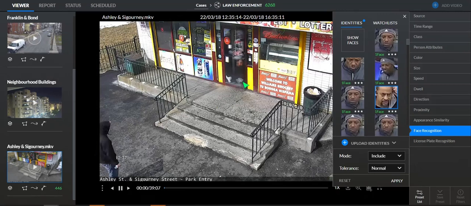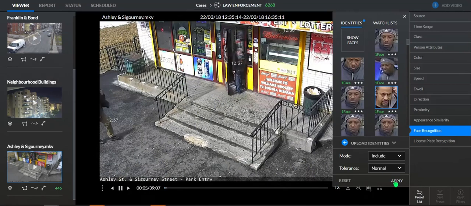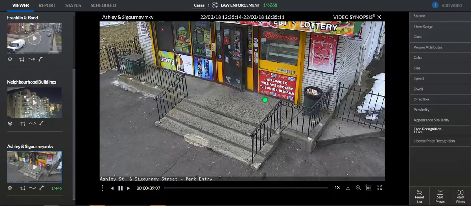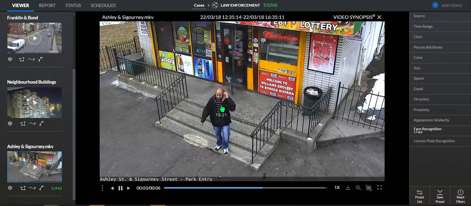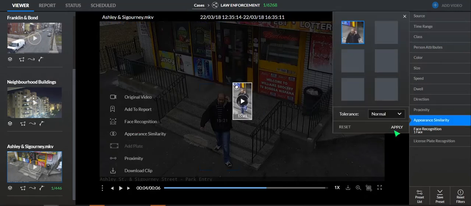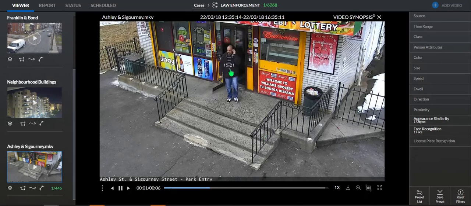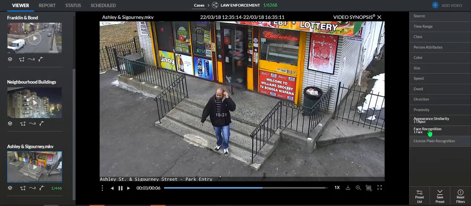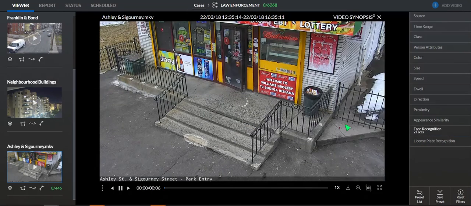So again, we've got a face that we've loaded in here that we want to search on. If I do facial recognition here and hit apply, now I'll be able to see any video associated with this person. So here's the guy that we're looking for in question. Looks to me that we only have one main hit on him. Yeah, just this one video with that particular individual. But any others, any facial recognition that we search on with this particular gentleman here,